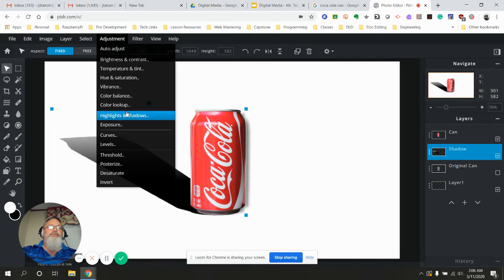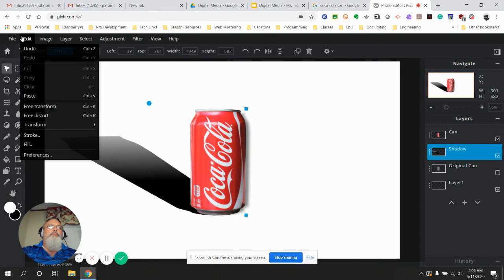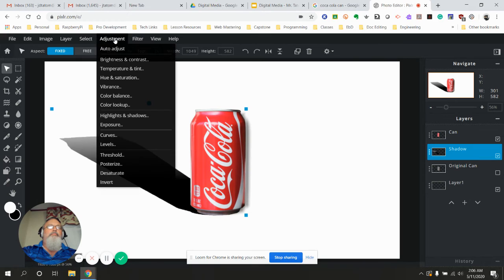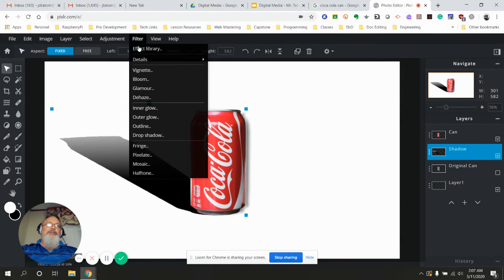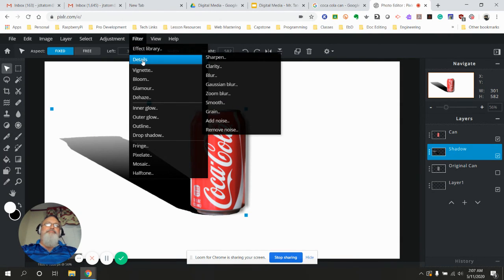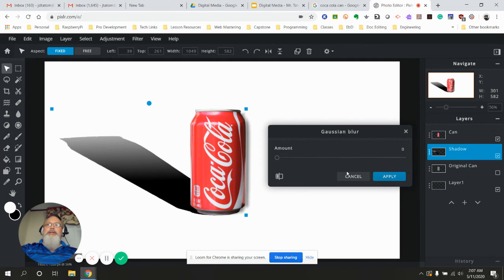Where is my blur tool? Okay, so it's under filter. So we're going to go to filter now, details, and we're going to do the Gaussian blur. So not under adjustments anymore. They've moved it. This isn't a new one. So it's under filter, details, Gaussian blur. Okay. So we want to blur this